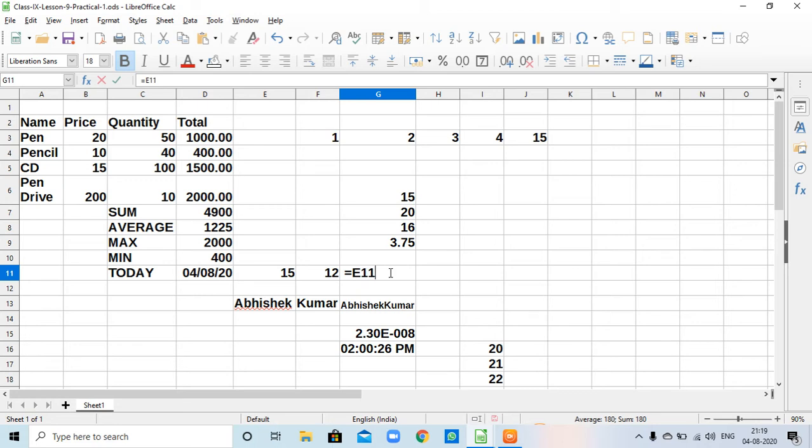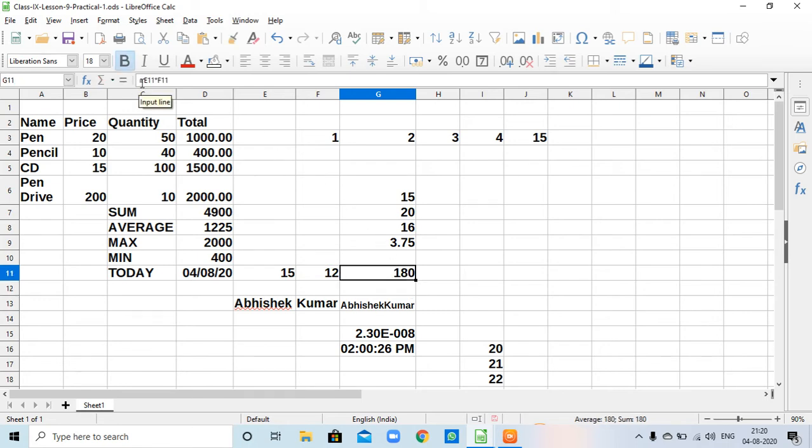E11 multiply by F11 is equivalent to this value multiplied by this one, result is 180.